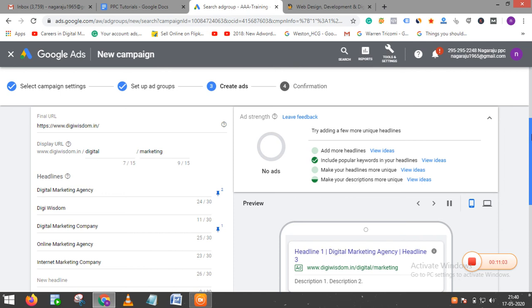But if you have more keywords that you want to add into the ad group, it is better to create one expanded text ad and one responsive search ad. Responsive search ads have the capacity to add 15 headlines and 4 descriptions, giving us more space to create different headlines and descriptions. So this will definitely improve the CTR for your ads.